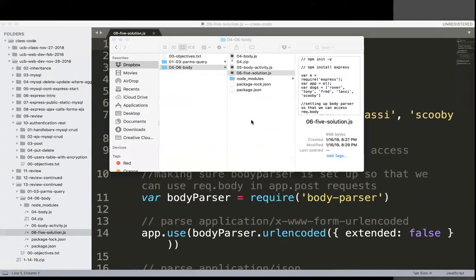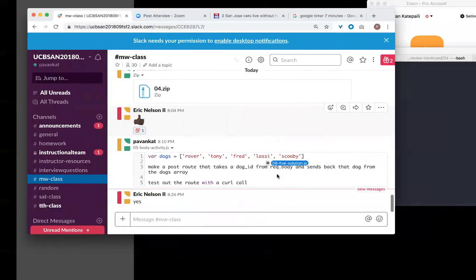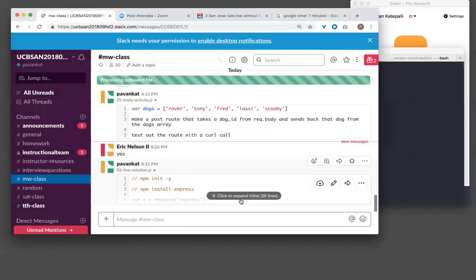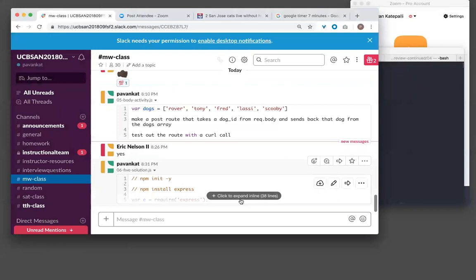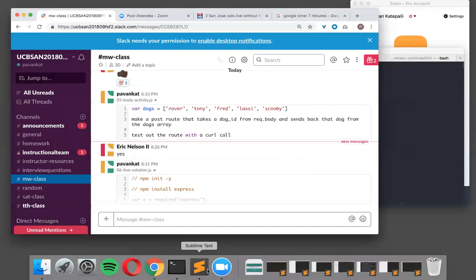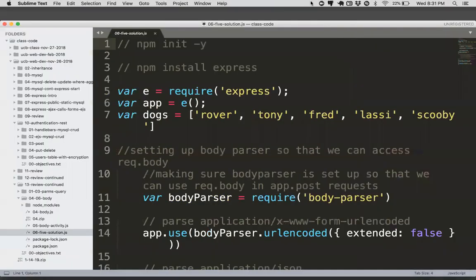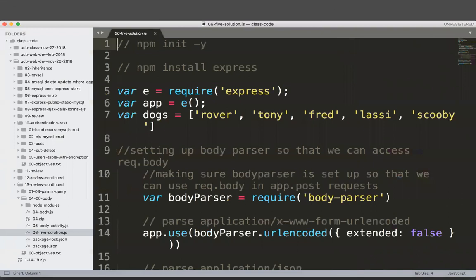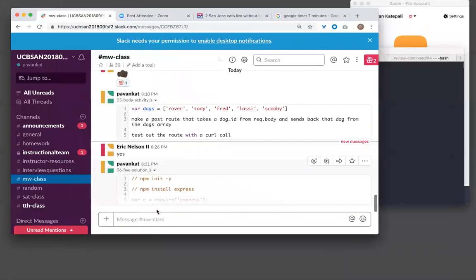And then we'll go on break, and then we'll go over how to make a form and have it submit to a body route, right? And a get route. Okay, so we'll go on break. We'll do 15 minutes. So come back at 8:45. I know exactly 15 minutes, but